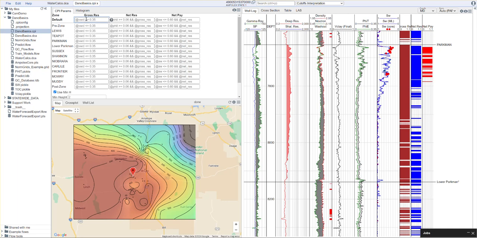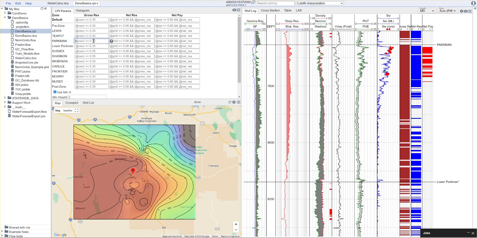So we're just going to do an analysis here on a couple of formations. The ones that we're interested in for this exercise are the Parkman and the Niobrara. For our Parkman here, this is a shore face to lower shore face sandstone. It often behaves quite conventionally. It is a tight conventional system with some more unconventional aspects as we get down into the lower shore face part of the system. One thing we'll notice here is that the Parkman isn't very sensitive to clay volume